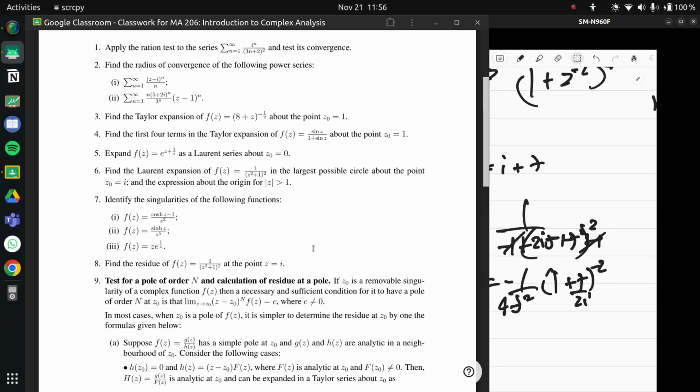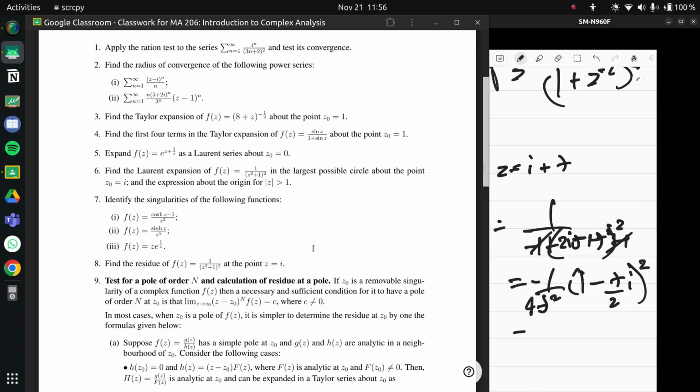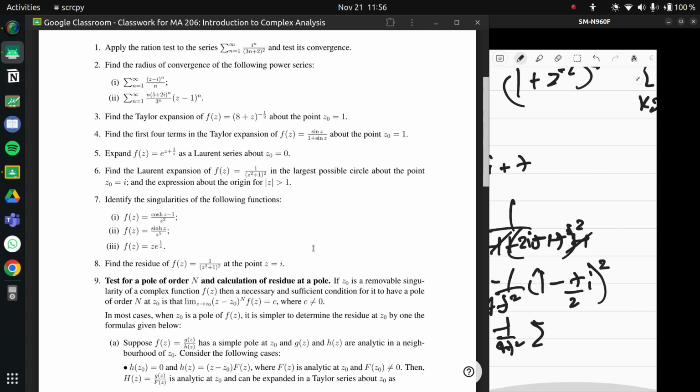But that is just negative iota upon 2 times of t. That's better, right? And this is very much doable. This is negative 1 upon 4 t square, and you just got like summation of, so k equal to 1 to infinity, and you don't even have the negative stuff, right? You don't care about that anymore. It's supposed to be negative 2 over there, but you get the thing, right? Since that is also alternating, you don't care about it. So it's k equal to 1 to infinity, then you have